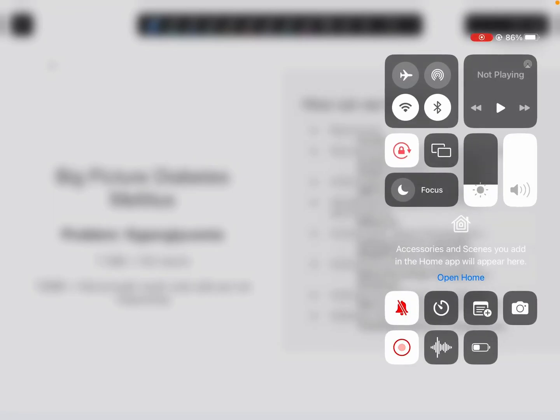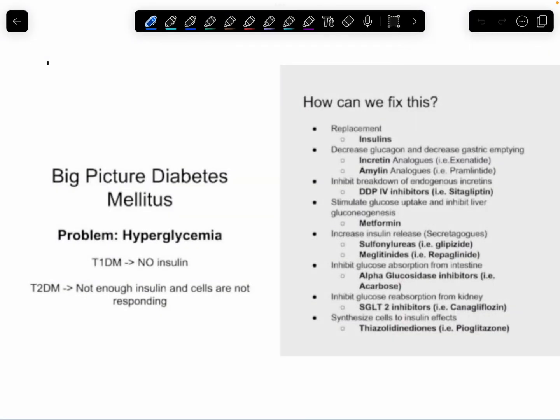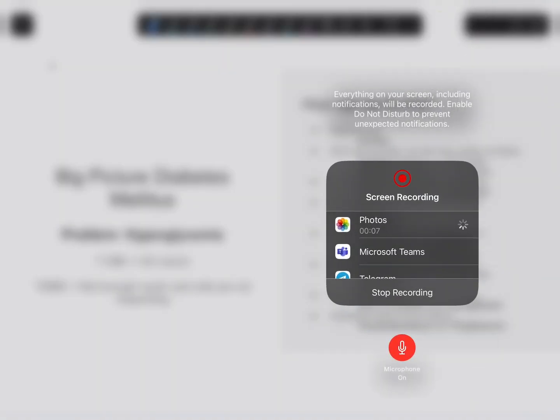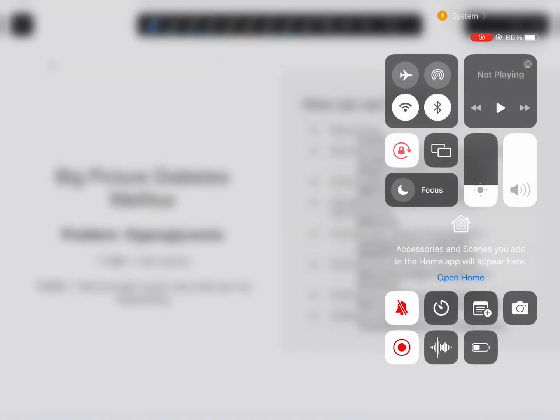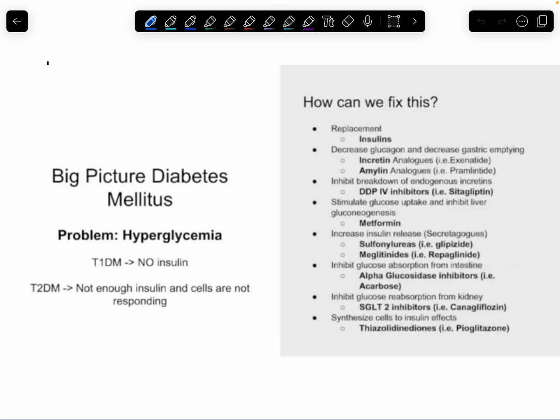In the good old days, when there were no biochemistry or pathology tests, they used to say that if someone has sugar or sweetness in the urine, there is honey in the urine, so that name was given, diabetes mellitus. The problem, whether it is type 1 or type 2, is